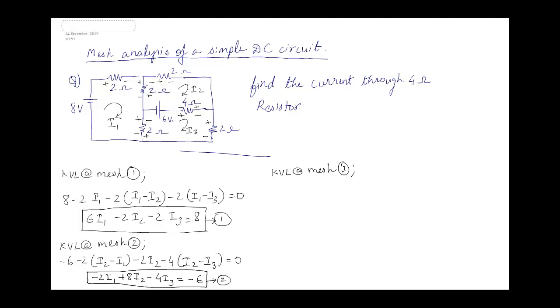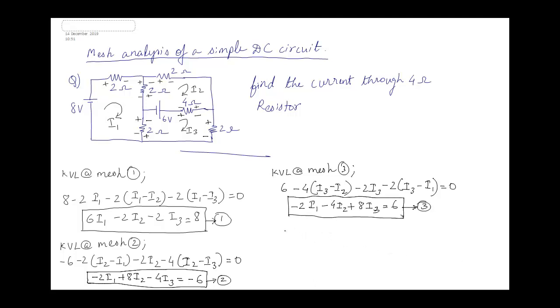So 6 volt minus 4 times I3 minus I2, minus 2 I3, minus 2 times I3 minus I1. That is equal to 0. This equation can be rearranged and written as,